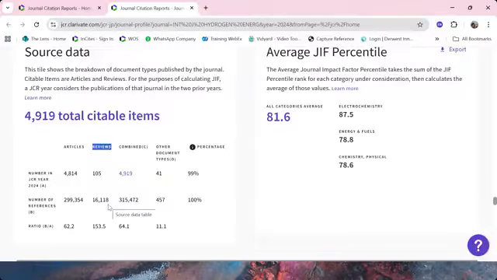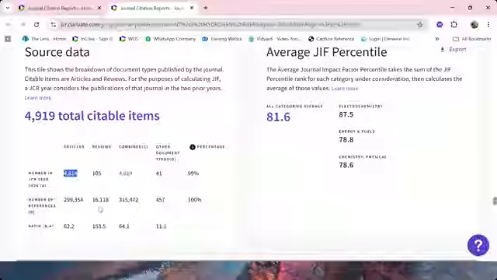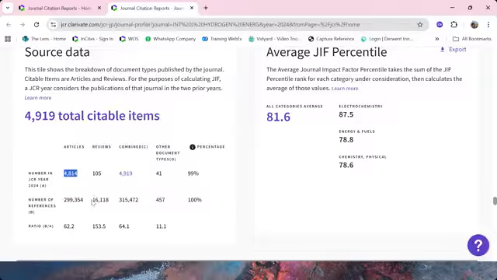So if your manuscript type is a review article, maybe you are up for a large competition. So the chances of you being rejected is much higher in this journal. However, if your manuscript type is an original research article, yes, you would still have a chance to be published in this journal. So the content type that it publishes is also an important consideration besides the quartile and the journal impact factor.